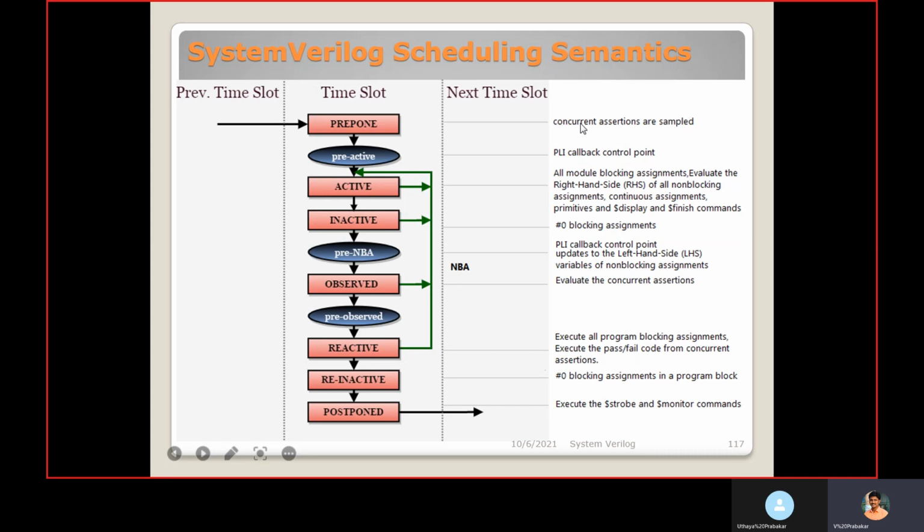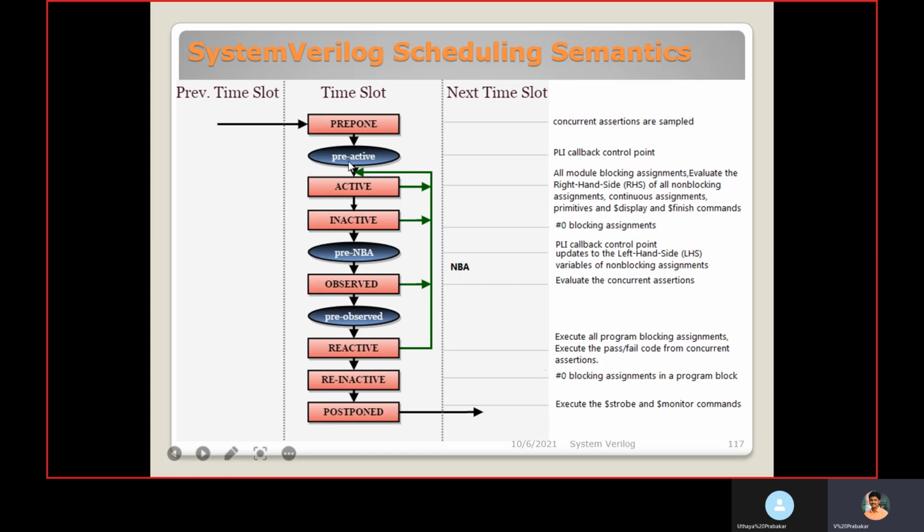The concurrent assertions are sampled in the preponed region. Then in the observed region, we evaluate the concurrent assertion using the sampled values, and then the pass or fail action executes in the reactive region.